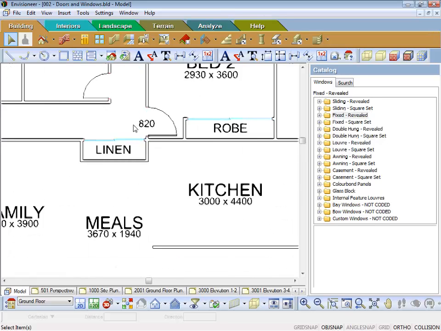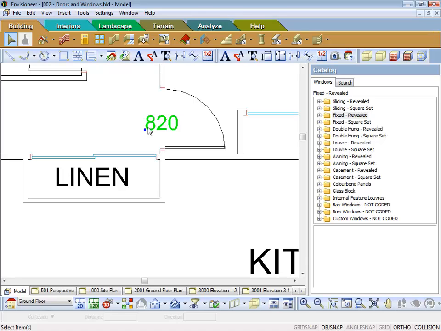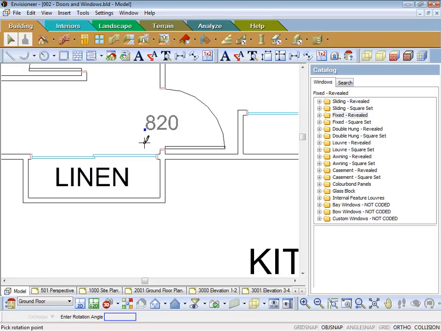With this one here that is rotated around the wrong way, basically just touch the text, right click, and there's your options, what you can do with your text in your model area. I want to rotate it, so if I select rotate, I've got to pick a rotation point. Notice down this bottom left hand corner where it says pick rotation point. So I just pick a point anywhere near the text, hold my mouse button down, and then just drag up,